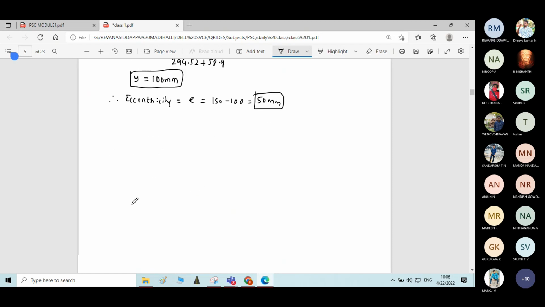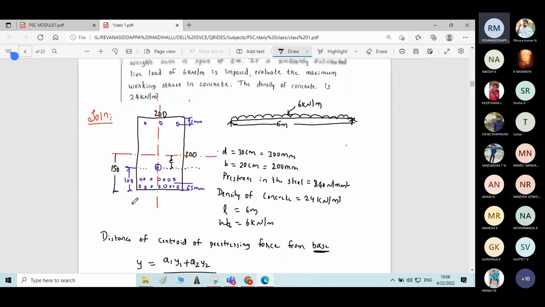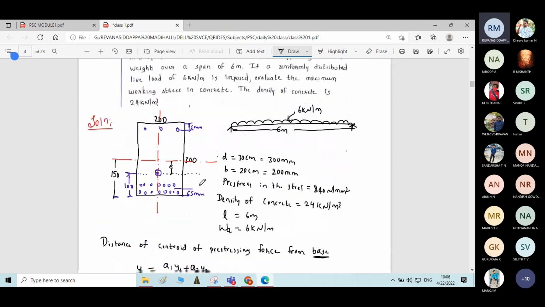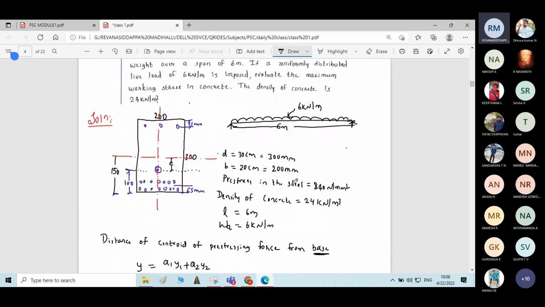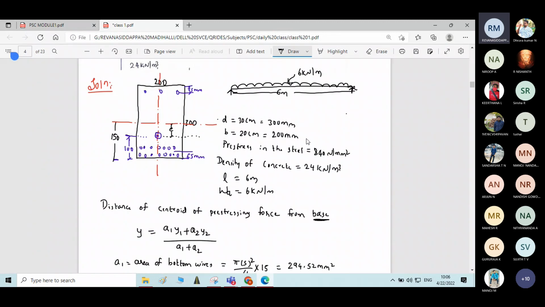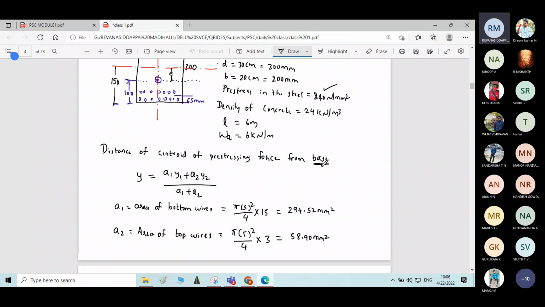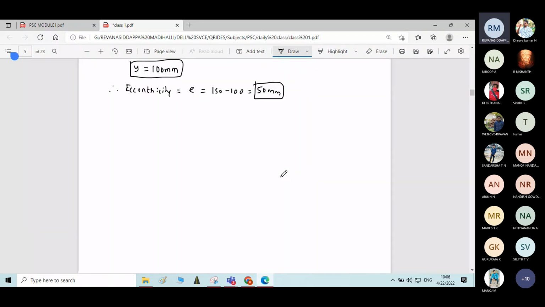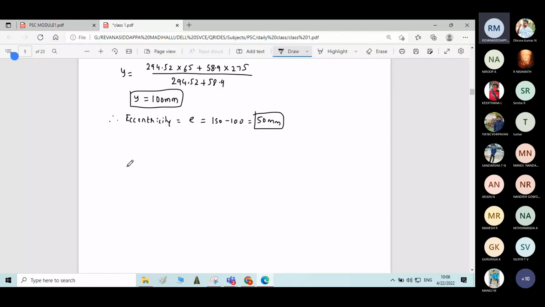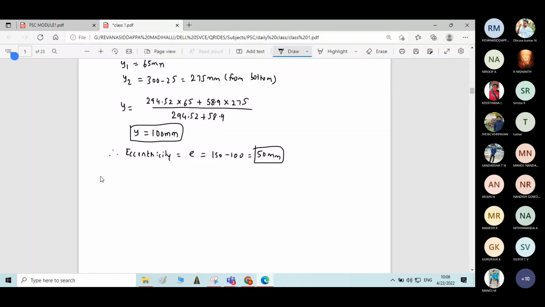Now the prestress is given. The prestress in the steel, that is, the stress which is acting in the wires, is given. How much is it given? It is given as 840 Newton per mm square. Using this data, you can calculate the magnitude of the prestressing force acting along the wire. Therefore, the prestressing force